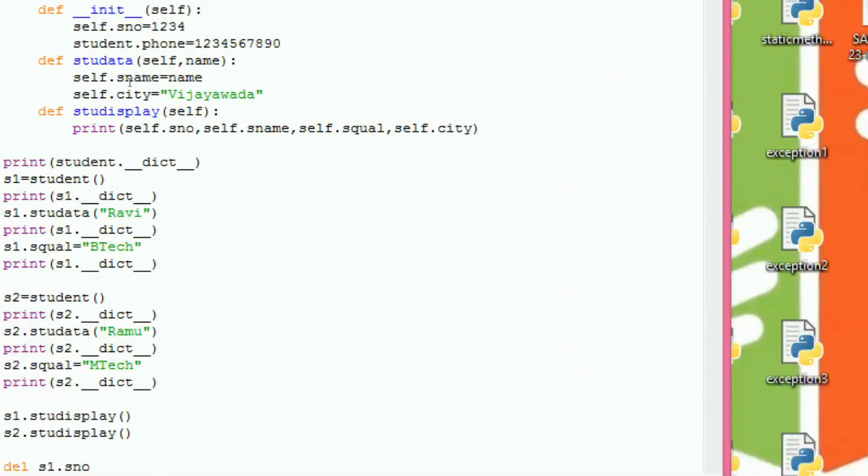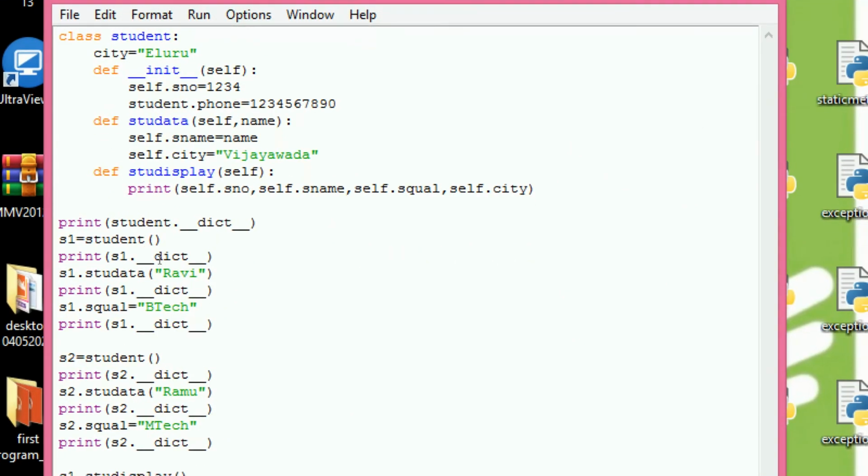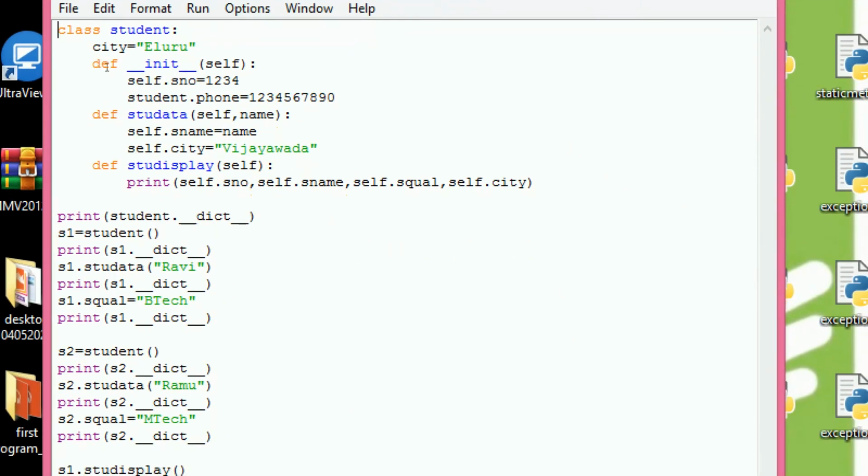Now we can see static variables. Static variable means inside the class, outside the function. In this example, city is the static variable, snumber is the instance variable. If you define a variable with the help of the class name, then it is also a static variable.